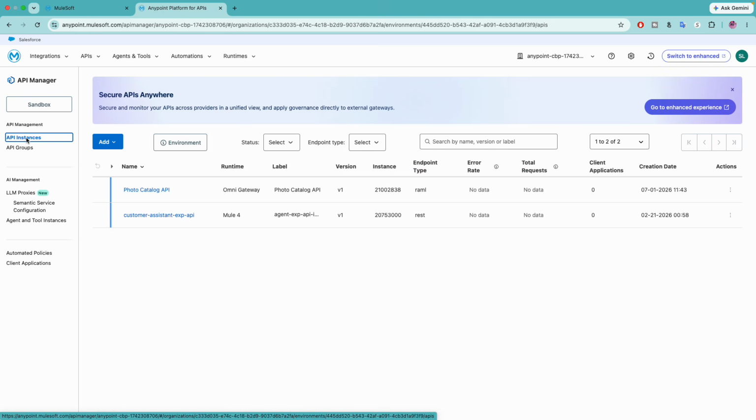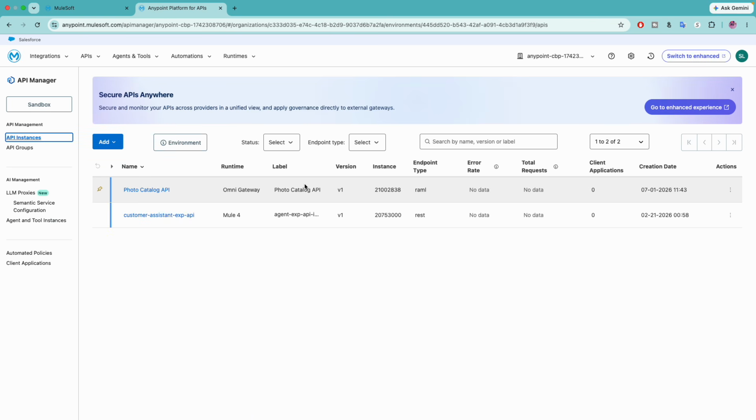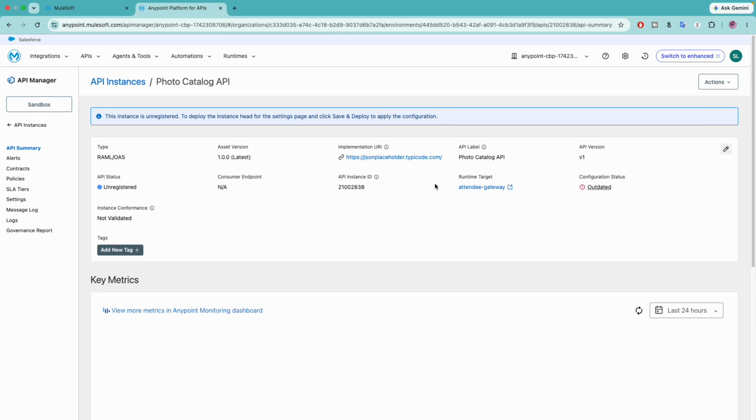It won't be available in API. Oh, it is in API because it's an API, but the other one which we have created for Salesforce object, because it's an MCP server instance, it will be under agents and tool instances. So go to API instances, select this one,